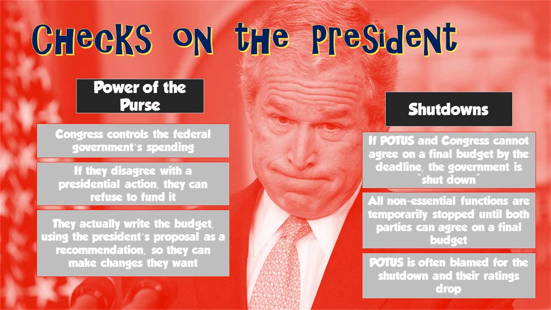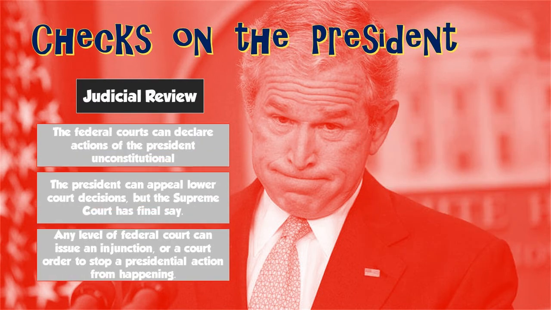But we would call government shutdown a check on the president because often the public is going to blame the president for the shutdown. And this is going to cause the president's approval ratings to drop. And that's a number that the presidents will pay a lot of attention to. But the public tends to blame the president for this sort of thing. Not always, but usually, the public in general, we want the president to be in charge of stuff. And so if the government is shut down, we blame the person at the top. And that's why the public would tend to put the blame of a shutdown on the president.